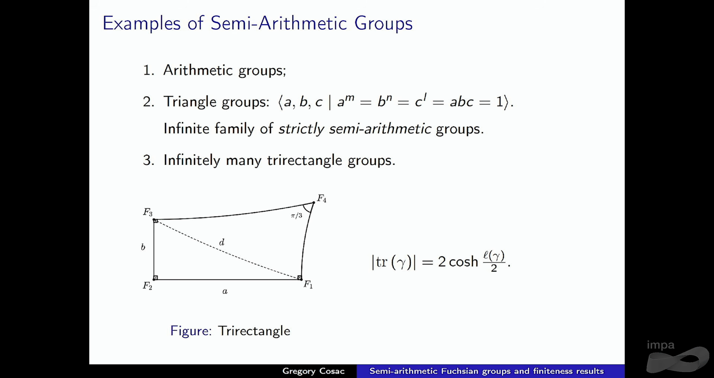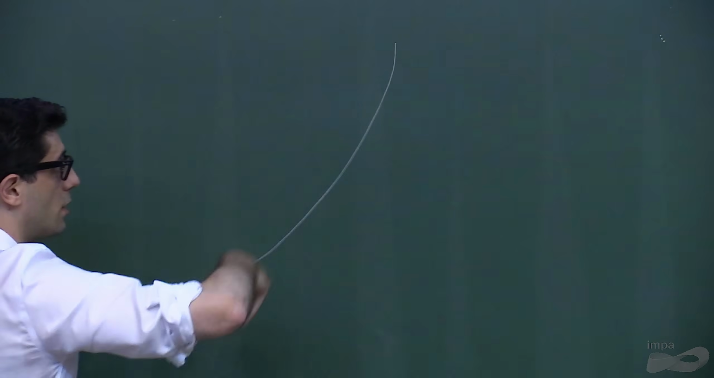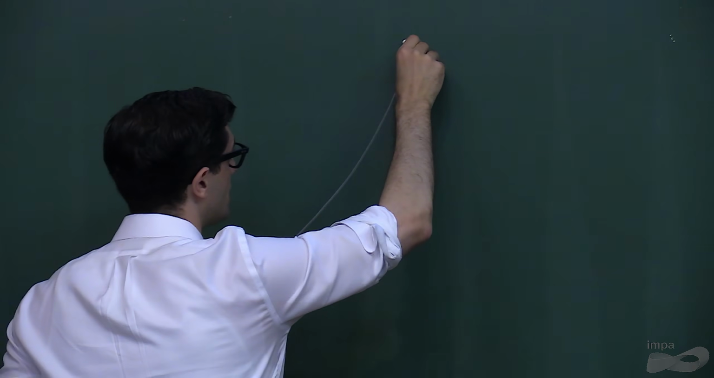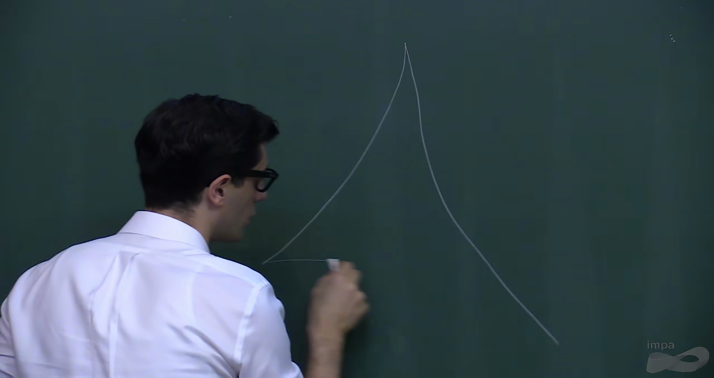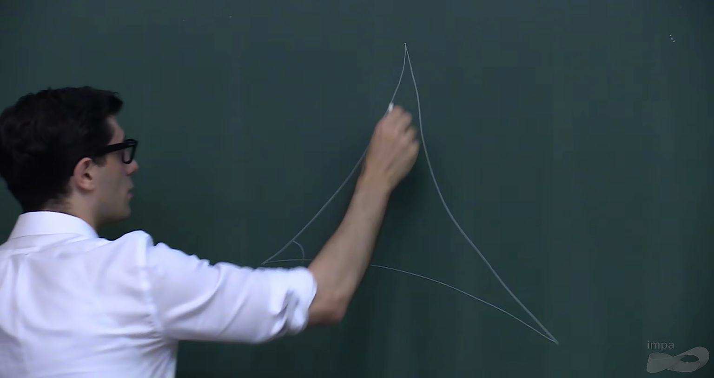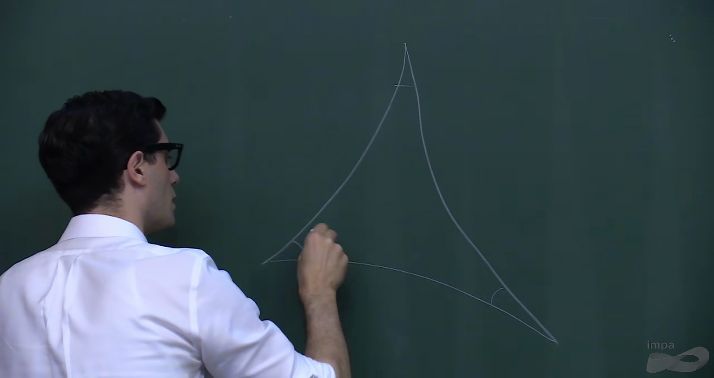So the second example are the triangle groups, which are groups with this presentation here. It's an infinite family. All of them are semi-arithmetic. Let me just remind you that whenever you have a convex hyperbolic polygon, so a polygon such that the sides are segments of a geodesic in hyperbolic space, in this case a triangle, and when the angles are submultiples of pi,